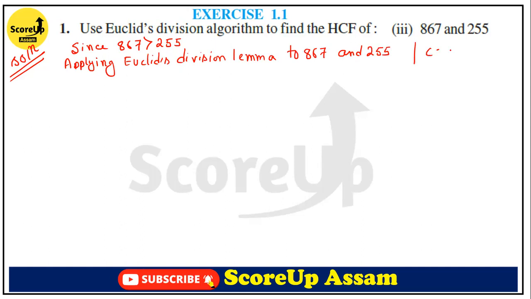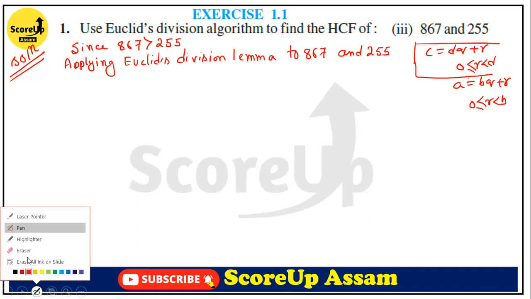It was C is equal to DQ plus R, where R is less than D and greater than or equal to 0. So this was Euclid's division lemma, or it was like A is equal to BQ plus R, R less than B and greater than or equal to 0. Okay, now if we divide it,